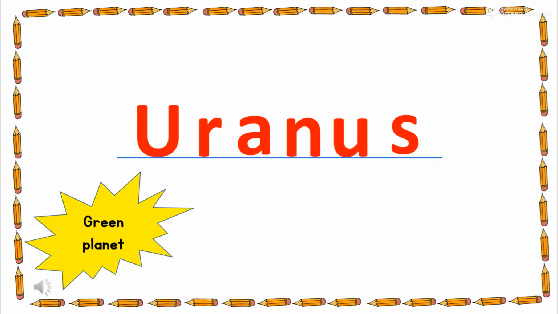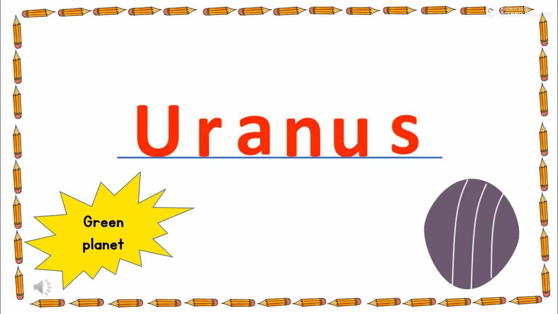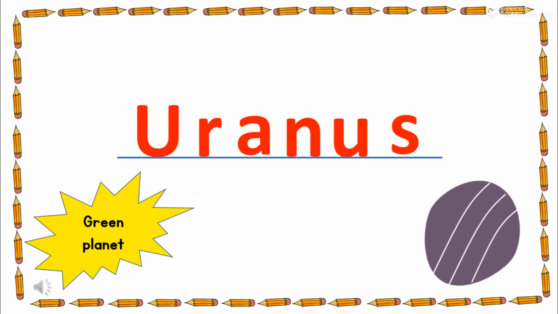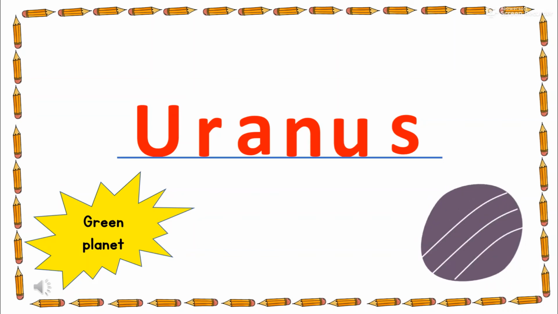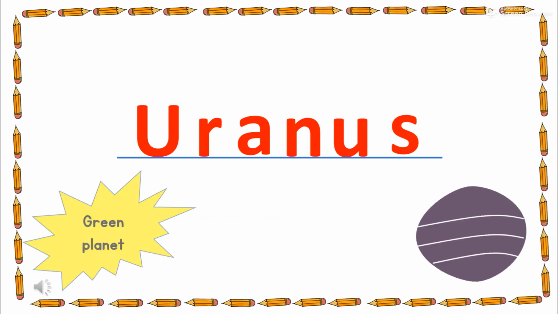Uranus. It is also called the green planet. And why is it called the green planet? Because again, this planet is made up of gases, and these gases look green. That's why the whole planet looks green. Okay, the next one is